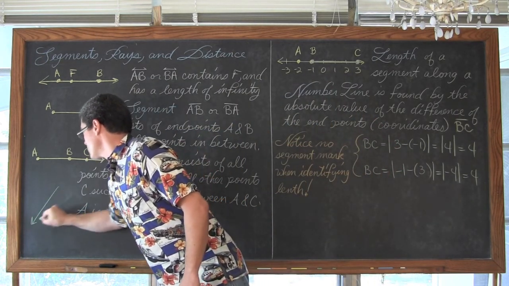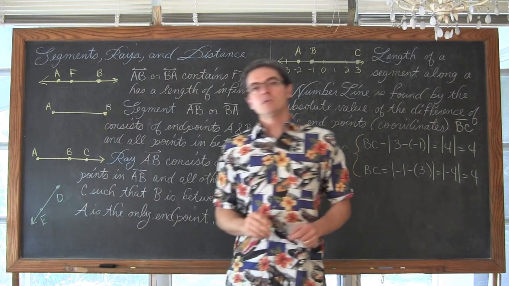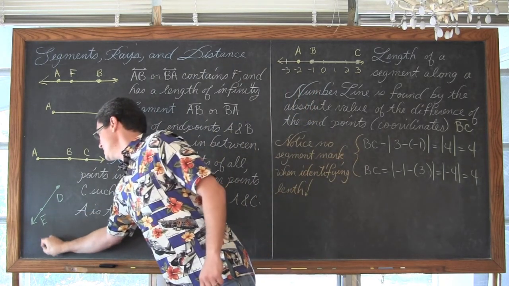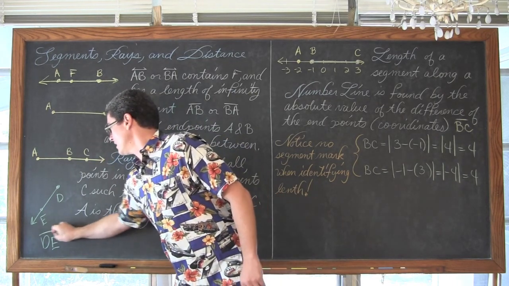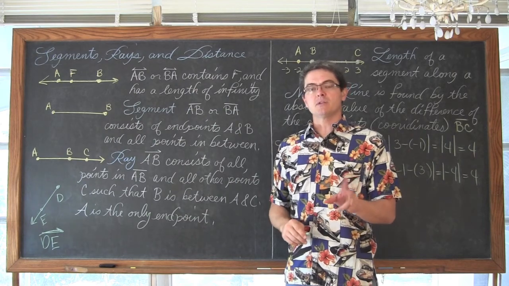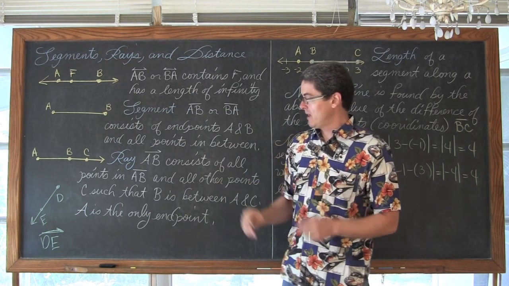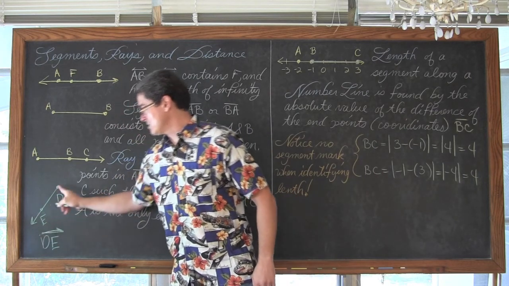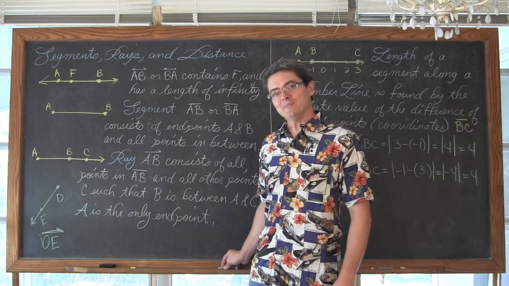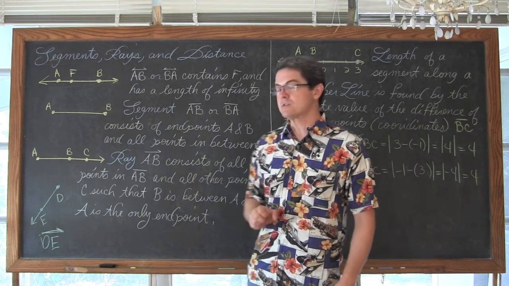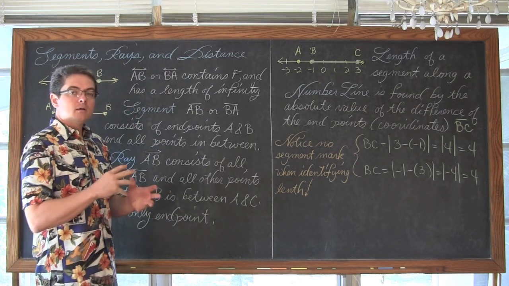if I were to draw this ray, and let's just put a D here and an E there, the only way I could name that ray would be D, E, and then start my little arrow above those two letters, indicating that I'm giving you the name of a ray, and the arrow starts with D, which is the only endpoint of my ray, and then goes through E. So you do not have a choice in the order of those two points when you name that ray.